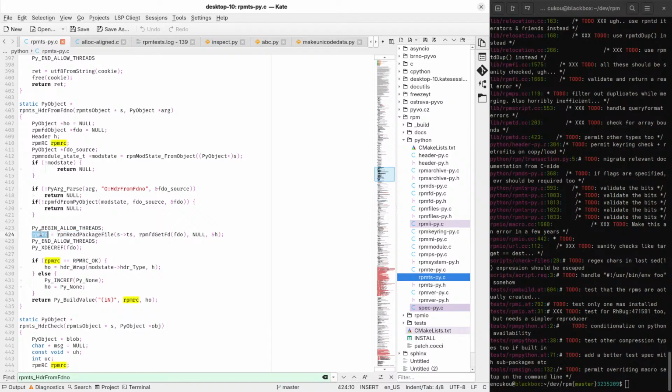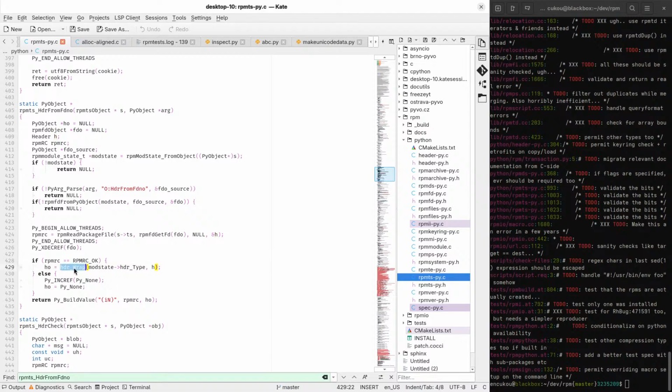Read package file. We'll do RPMRC, that's the return value. This H is probably the thing that doesn't get released, right?